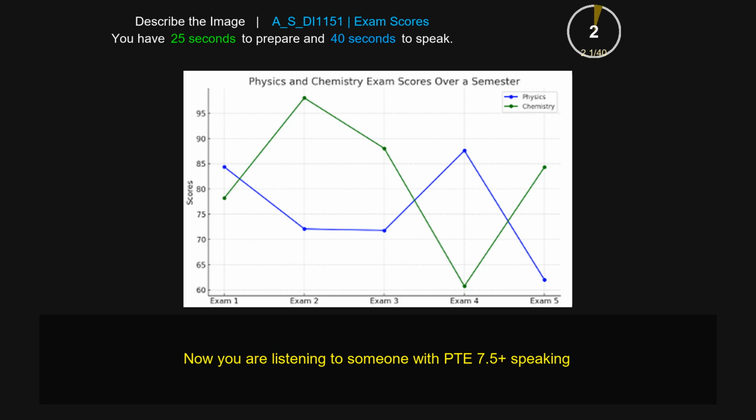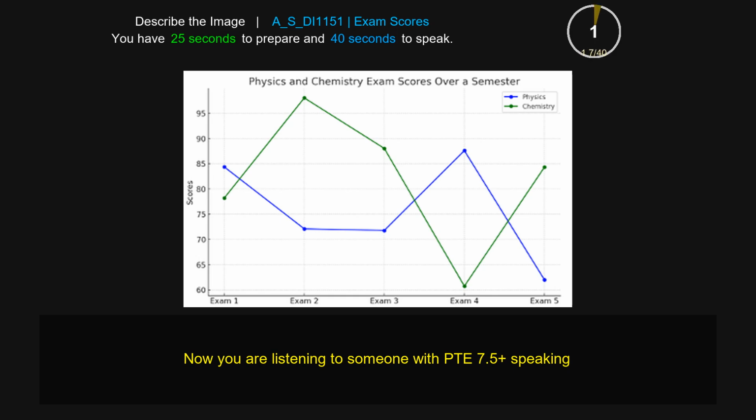This line graph gives information about physics and chemistry exam scores over a semester. Firstly, from the picture, there appear to be fluctuating patterns, with the highest number about 95 scores, which is exam 2, but the lowest number about 60 scores, which is exam 4. Some items include 85 scores, which is exam 4, and the 60 score, which is exam 5, exam 3. Some items include physics and chemistry, green and blue color. In conclusion, this graph gives information about physics and